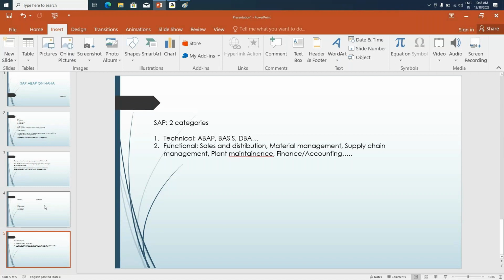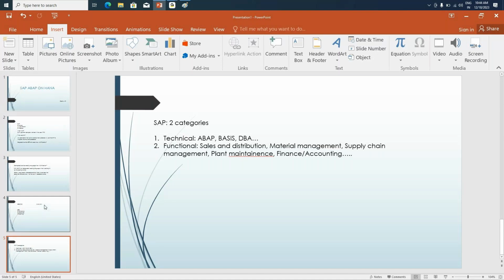So in detail about SAP we'll go through in our next classes as well, as in what is the exact architecture of the SAP, how many layers do we have, what is exactly a database, how is data stored in these database tables, how can I extract it. So all these things we'll look into the upcoming sessions too.